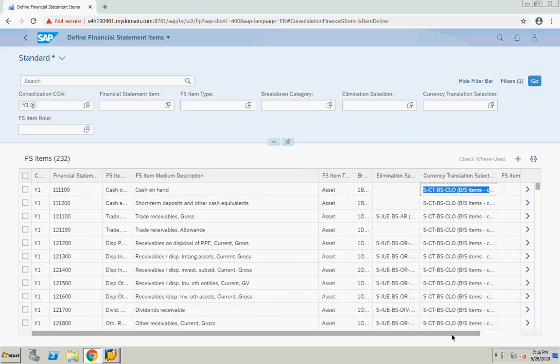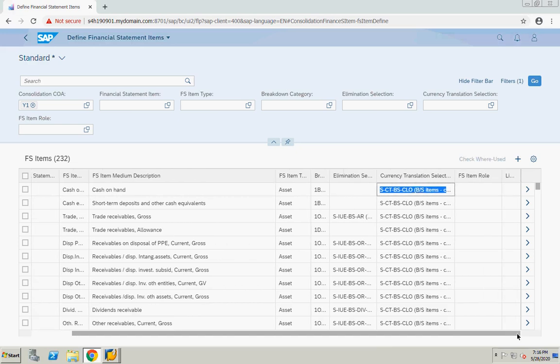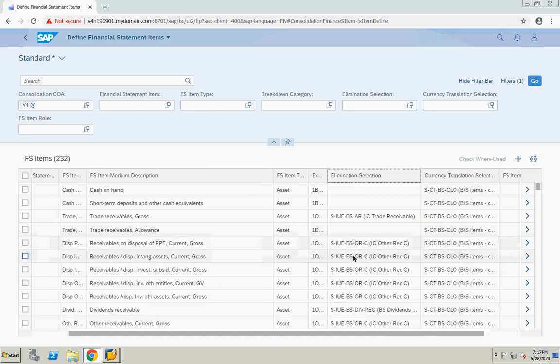In the same way, consolidation of investments or intercompany eliminations use some other elements, these elimination properties. Those will use these elimination properties.